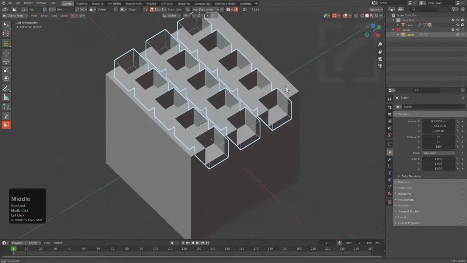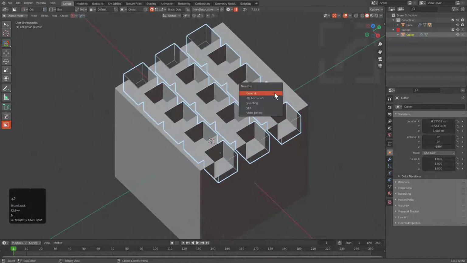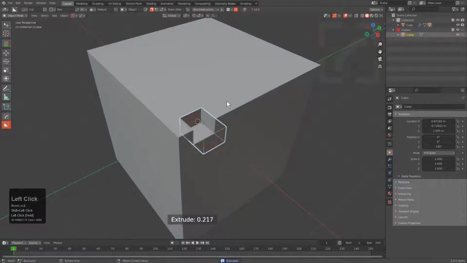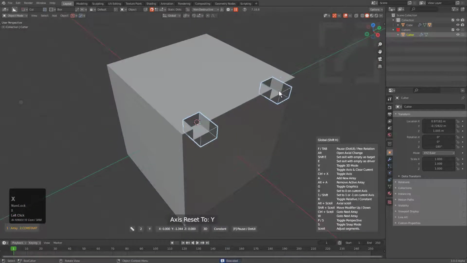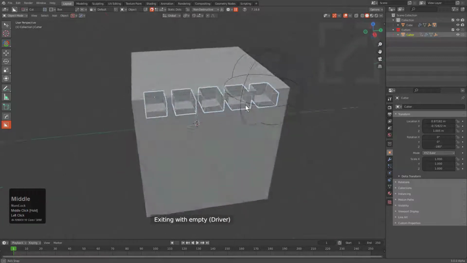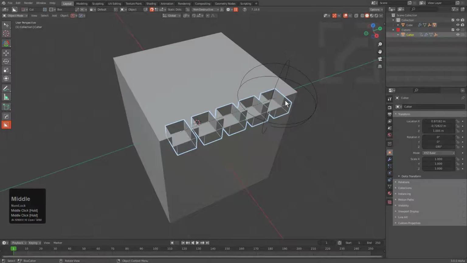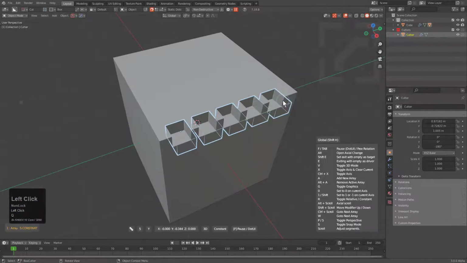So here, let's bring up the current version of HardOps, and we'll just press Control N, make a new file, and using Boxcutter we'll just create a quick box and press Q, go into array, roll our wheel, and let's just press E and exit with an empty driver. And typical scenario, I showed it just previously. If we press Q and we decide to adjust it, we see that the empty still disappears, and that's because